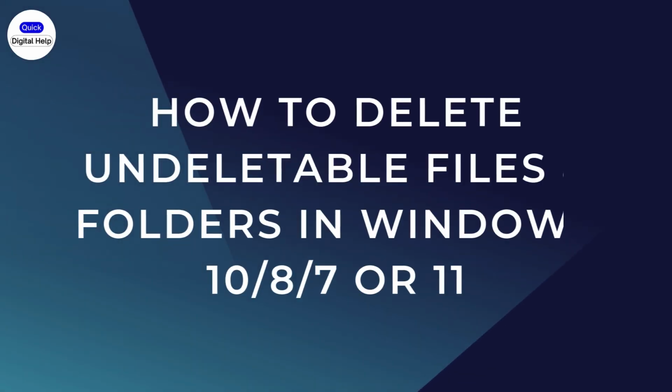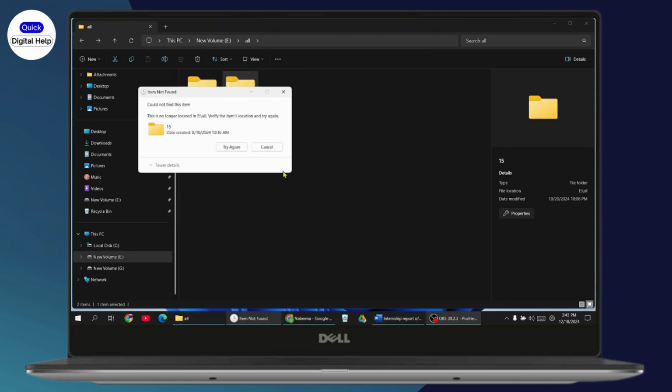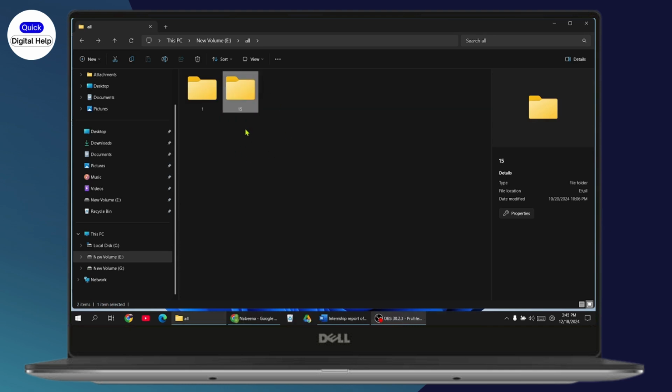How to delete undeletable files and folders in Windows 10, 8, 7, or 11. So if you want to delete undeletable files and folders in your Windows, like if I want to delete this folder here, it says that it's no longer located, and it will not allow me to delete. So if you want to delete this kind of undeletable files and folders, then what you can do is